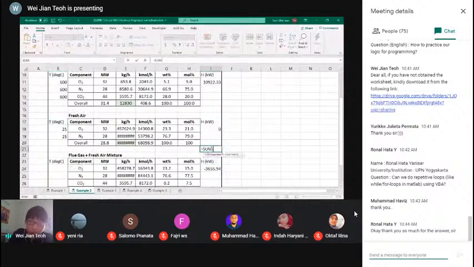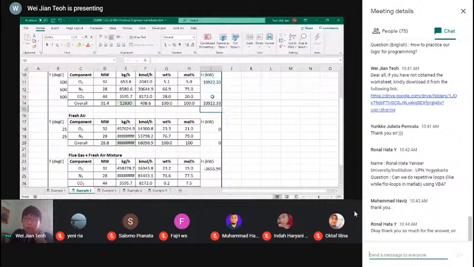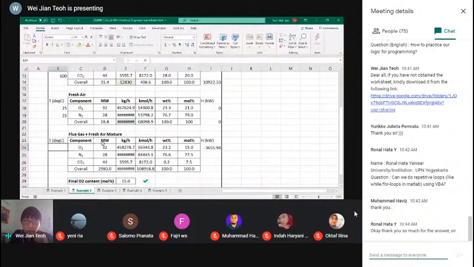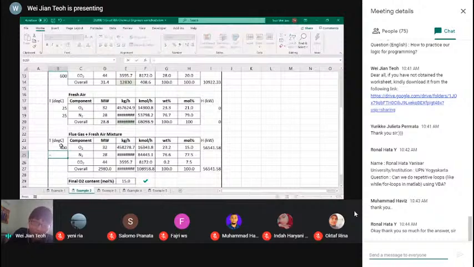So what I'm going to do is total up the two enthalpies. Sorry, let me just use this cell. Okay, so I'm going to total up, later I'll add in these two. And I'm going to do the same thing with the third one. So I'm going to fill in the third enthalpy. I'm going to fill in the formula, and I'm going to try some temperature. Let's say 625. Maybe the answer is 400. This temperature is just a guess. That's the initial guess, so it's not accurate, it's okay.